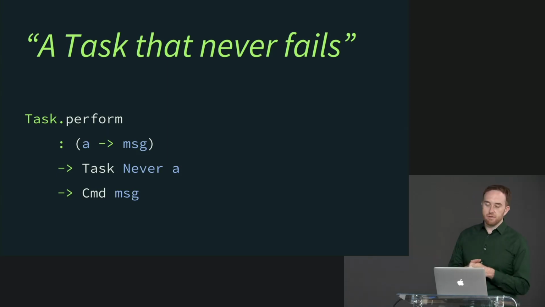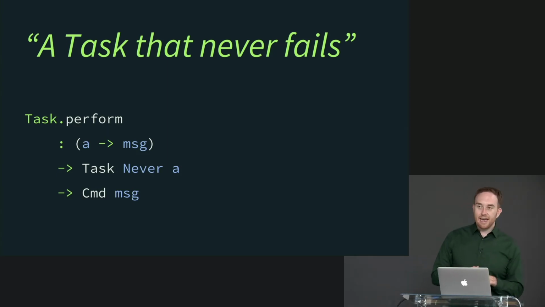So tasks in Elm, if you've never used them before, are essentially the idea of sort of a chainable command, is one way of thinking of it. So it's going to perform an effect of some sort. A task might include things like running an HTTP request. You can convert your HTTP requests to tasks. You can chain them together and say, when this task is done, run this next task, assuming the previous one succeeded. Things like that.